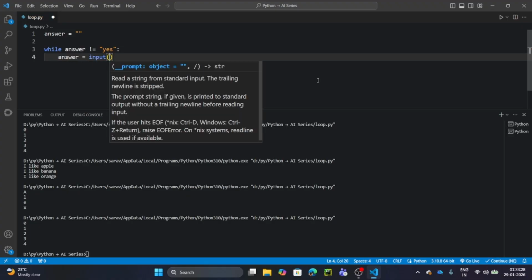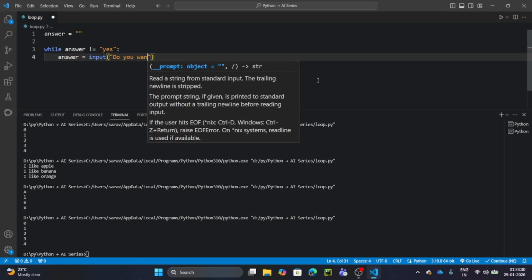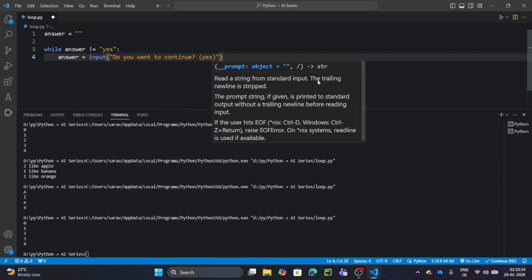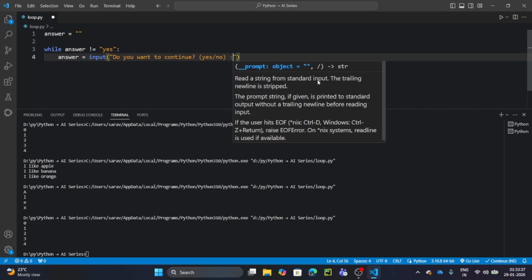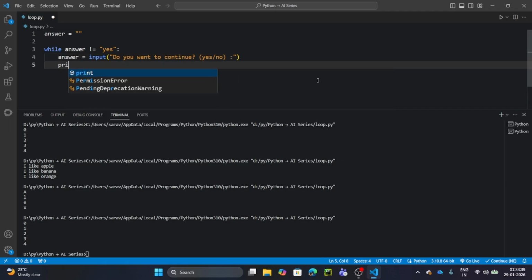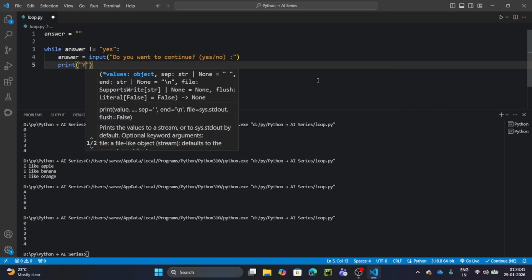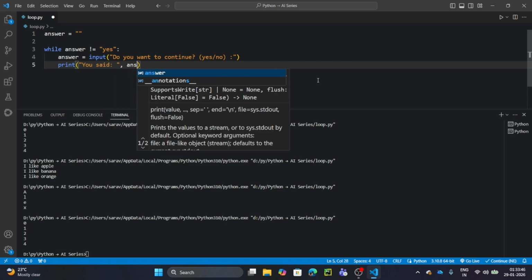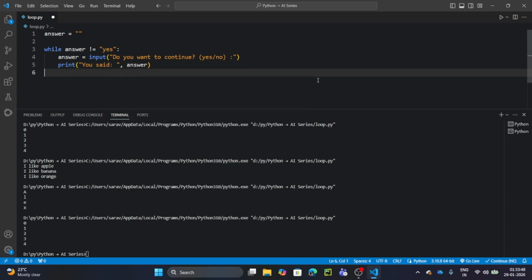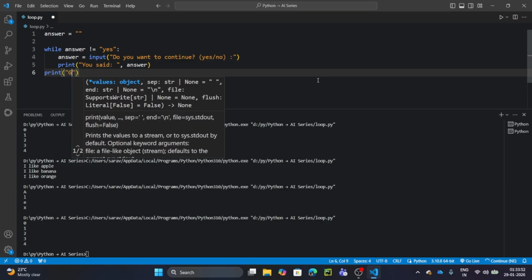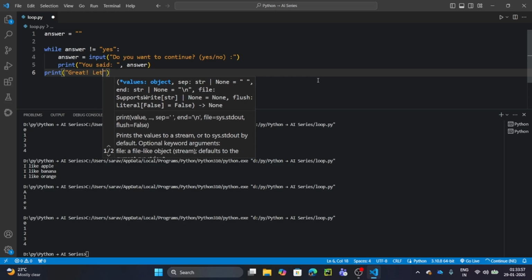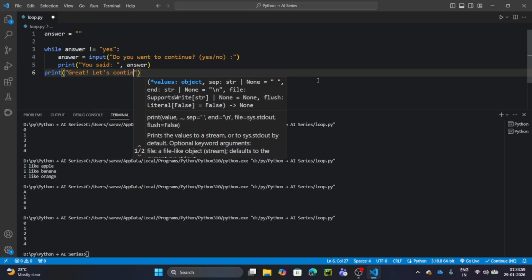Answer equal to, do you want to continue? Give yes or no. Okay, and I'm gonna print, you said the answer what you said. Okay, and after finishing it I'm gonna print, great, let's continue. Okay,